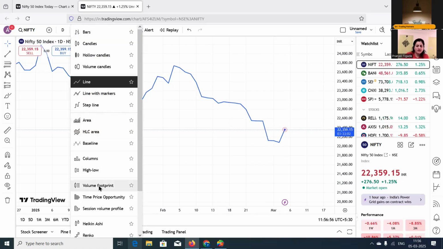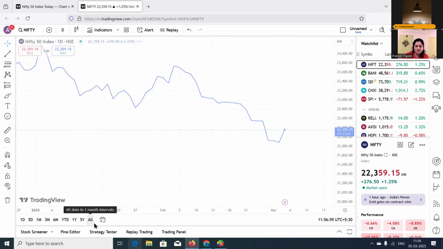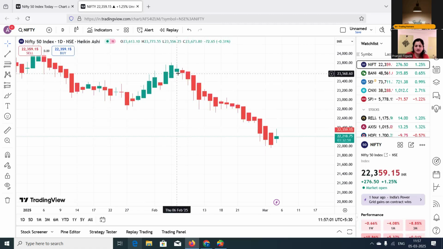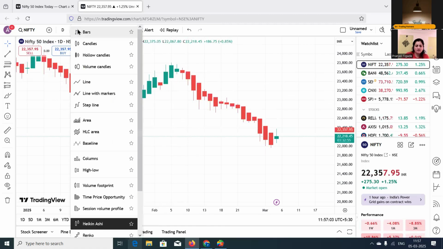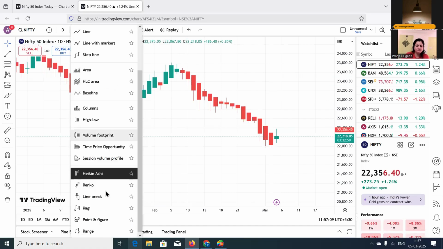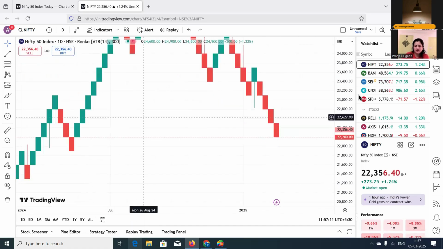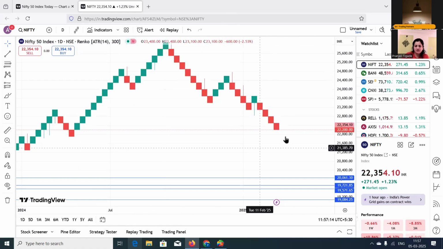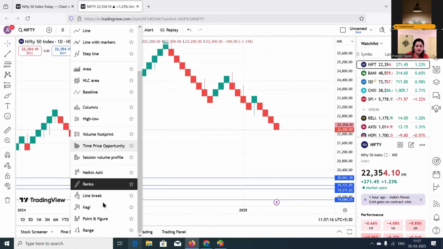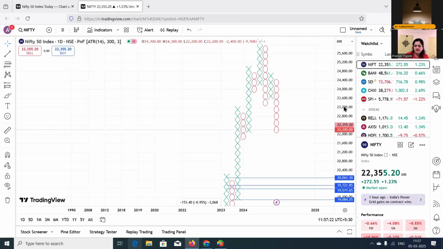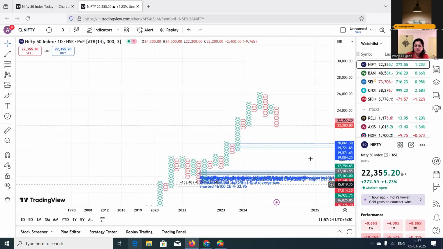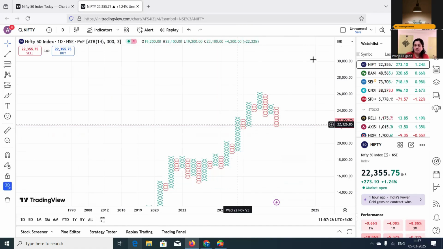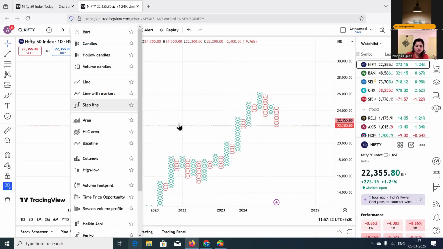Okay, and there are many others like Heikin Ashi. Many people use the Heikin Ashi candlestick chart. So if you go to the chart type and select Heikin Ashi, then you will see the Heikin Ashi chart. Some use the Renko charts, so you have this feature as well to see the Renko chart. And yes, the point and figure. These are the advanced types of charts, so you can see the point and figure charts as well. Okay. Types of charts you will get here.